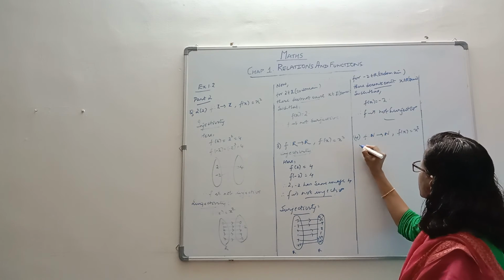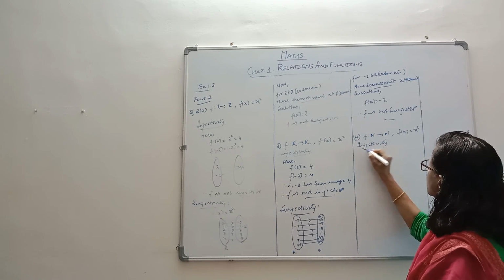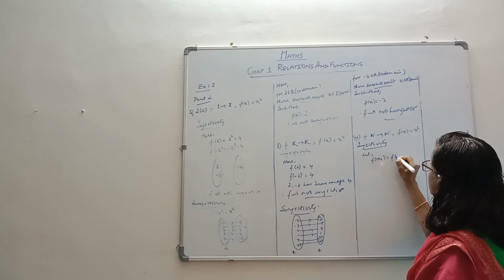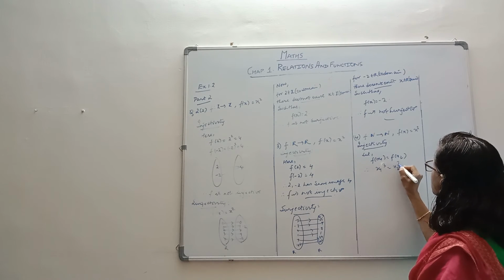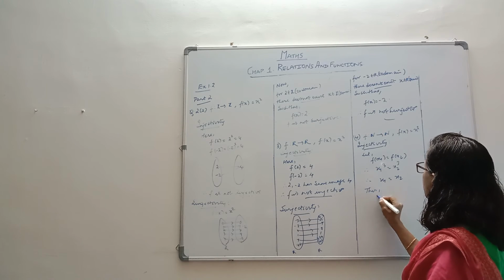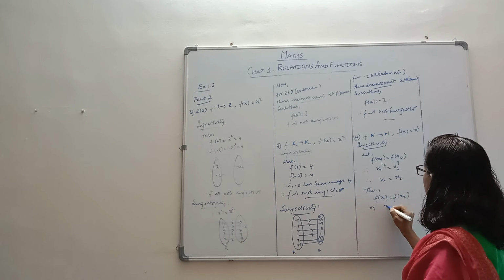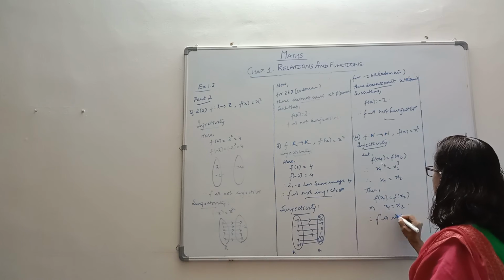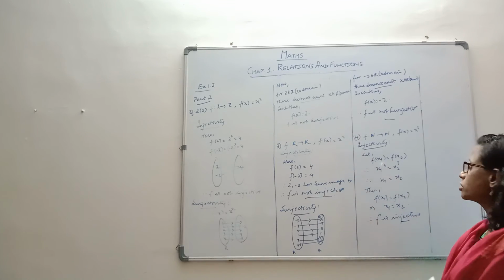From natural to natural. Okay, first injectivity. As I said, let f of x1 be equal to f of x2. So therefore x1 cube equals x2 cube, and when we take the cube roots, x1 becomes equal to x2. Thus, starting with f of x1 equal to f of x2, we have shown x1 to be equal to x2. Like that, f is injective. That's about the injectivity. Then we'll look out for surjectivity.